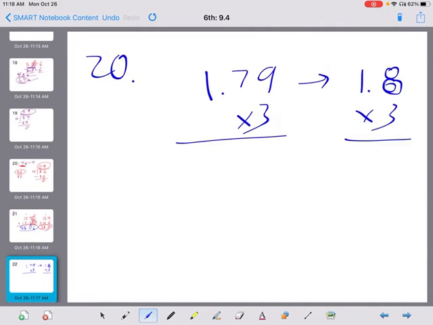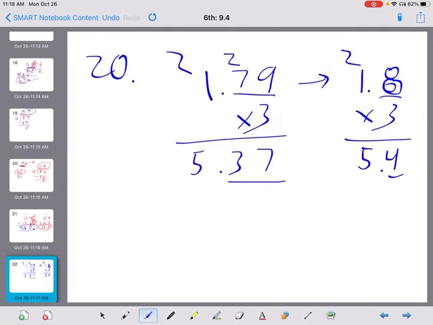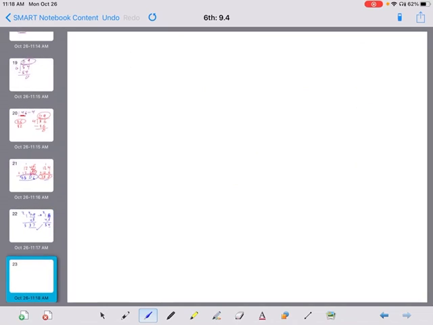But eventually you might get to the point where you know what 18 times 3 is off the top of your head. So 3 times 9 is 27. 3 times 7 is 21, 22, 23. 3 times 1 is 3, 4, 5. So 5.37. 3 times 8 is 24. 3 times 1 is 3, 4, 5. And look at that, decimal goes here, because here we've got 2 decimal places, so it becomes 5.37. Here we've got 1 decimal place, so it becomes 5.4. Oh, look at that. Answers are very close to each other. All right, and last one before you start on the actual